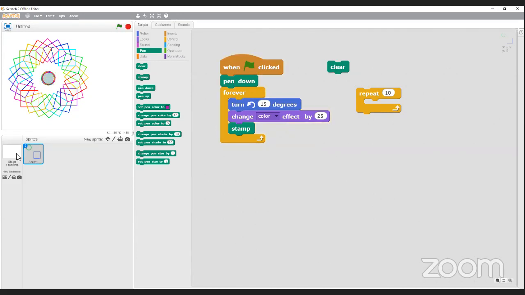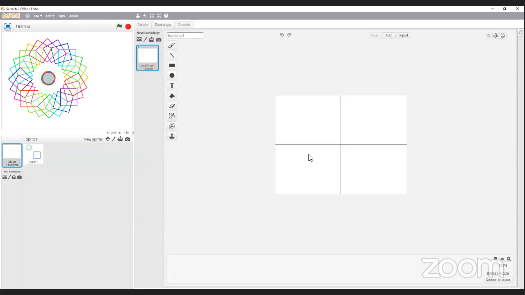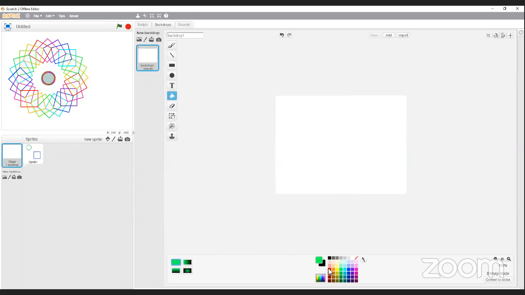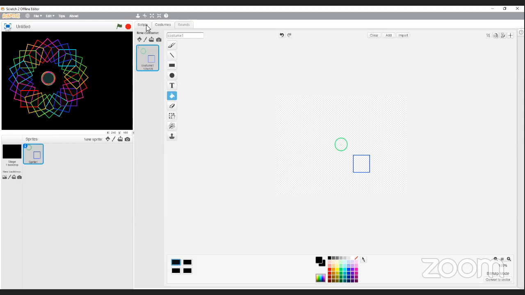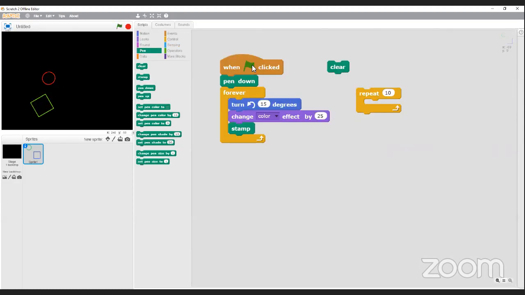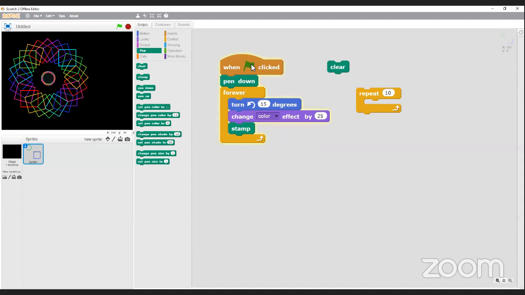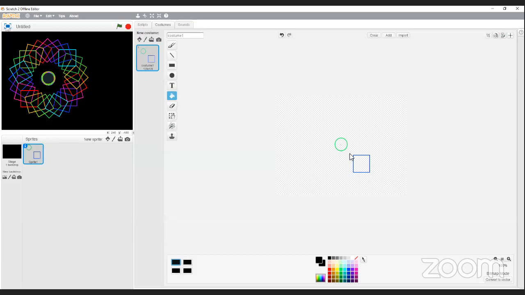Obviously, we can make it a lot cooler if we go to stage with the background, and we change the background to some other color other than white. Let's make it black. That's obviously going to look a lot better. Click back on the scripts. I'm going to clear over here and click the flag. We can now clearly see that we get something pretty amazing from that. Okay. And then the nice thing about this is that you can draw any shape, right? Any shape that you want. It might even be as boring a shape as a square and a circle,